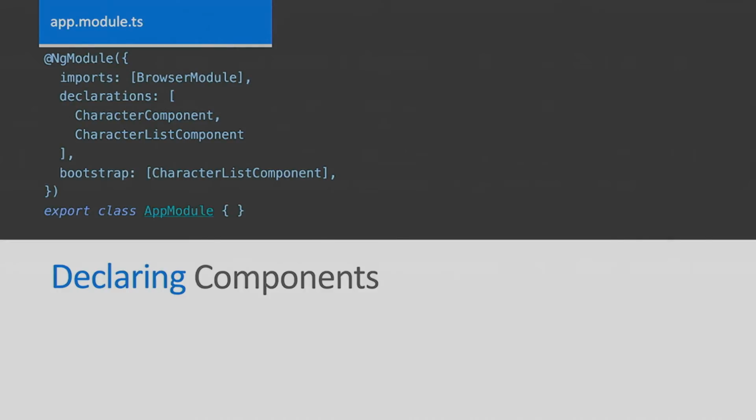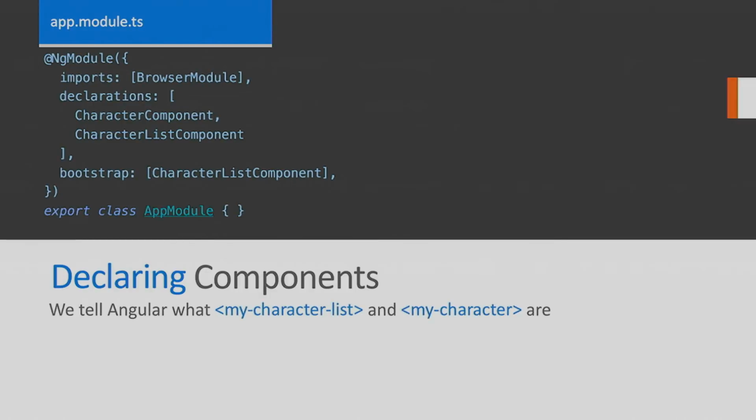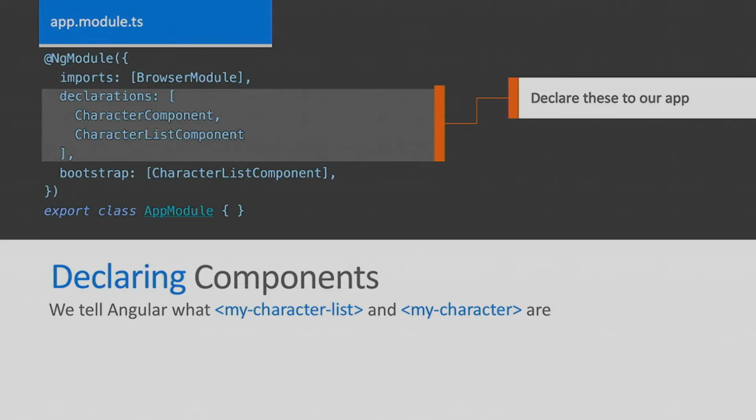Well, so when we create our own components, like story component or characters or heroes, we have to tell Angular to let the browser know this is a thing, and this is how you should perform its operation. So the way we do that is in advance, we tell our root module, this NgModule thing, that we're going to declare our components. So here we've declared our characters components. So when it sees my character list and my character, Angular 2 will now know, I know what those things are. Don't skip them. Let me do my thing. So we declare our components to the application just once, and then the app knows what they are.